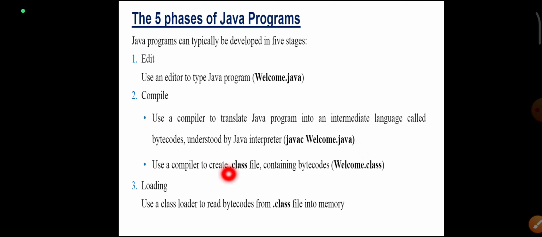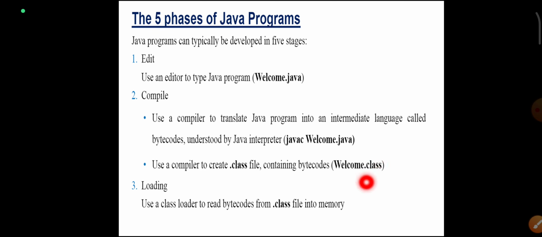Use a compiler to create a .class file containing bytecodes, Welcome.class. Here the welcome.java file is created by the programmer, whereas the welcome.class file is created internally by the compiler.